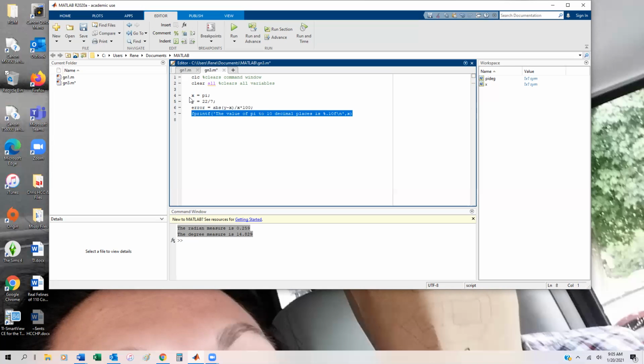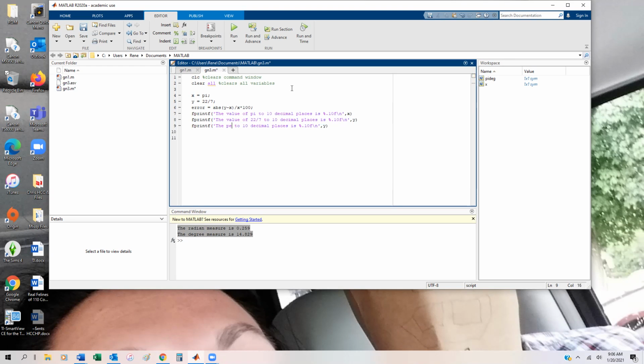We're going to do the exact same thing, except we're going to just replace pi with 22/7 to 10 decimal places, and we're going to replace x with y. And then finally, we're going to do this one more time, and we're just going to say the percent